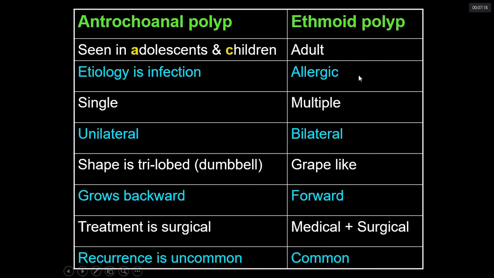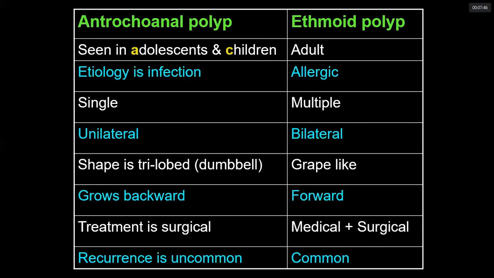Okay, that's a good question. How do you manage hypertrophied inferior turbinates? Hypertrophied inferior turbinate can be physiological. Suppose the patient has a DNS on the other side, then there is a tendency for that patient to develop compensatory hypertrophy of the inferior turbinate. So in that case, if you treat the DNS, then the hypertrophied turbinate can become smaller.